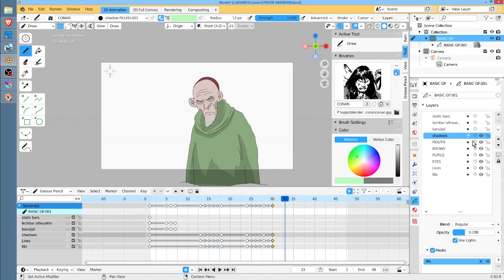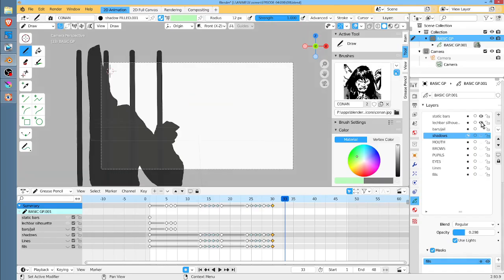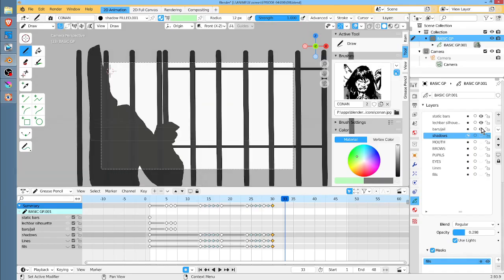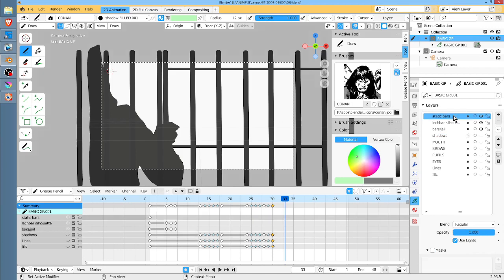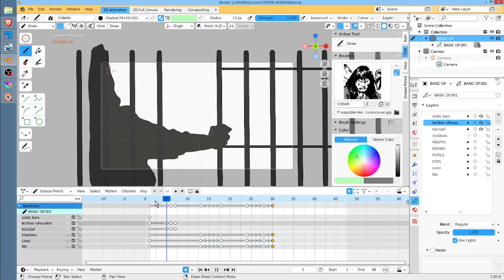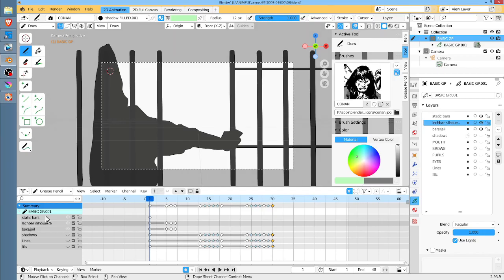Okay, so now what we're going to do is the complete opposite. We're going to turn off all the layers except these. Okay, static bars. I can see a mistake that I made that I can fix very quickly. Static bars, it's all on this one